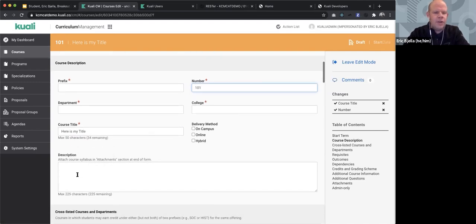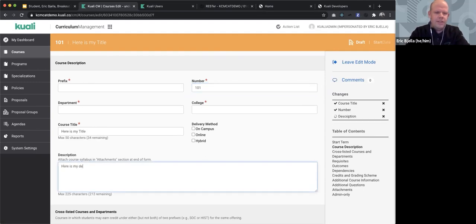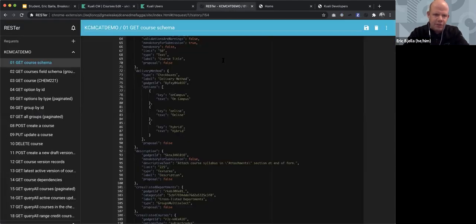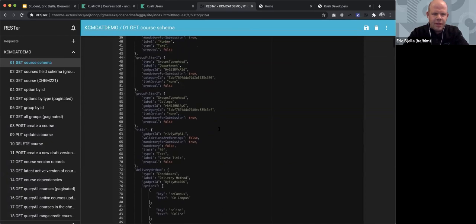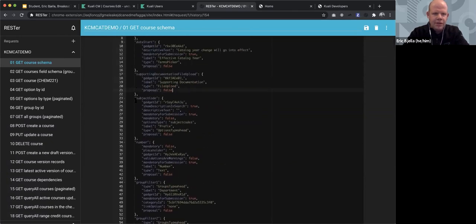So you don't need to do anything else when you're capturing that data. Here is my description. If you're wanting to make an API call to extract this data, you can read that directly from the response. However, going back to my schema API call here, scrolling back up, you can see subject code is an